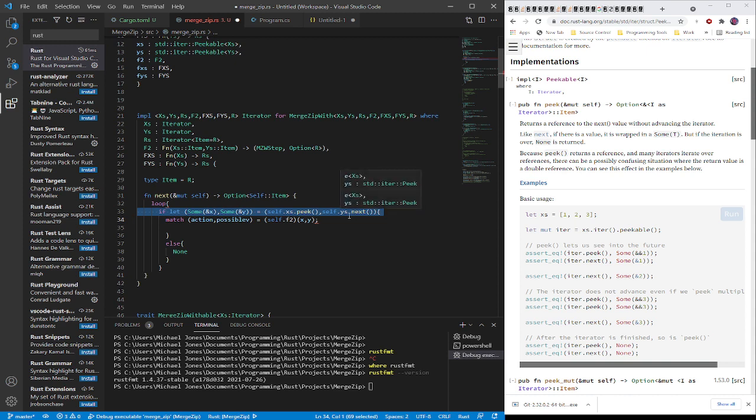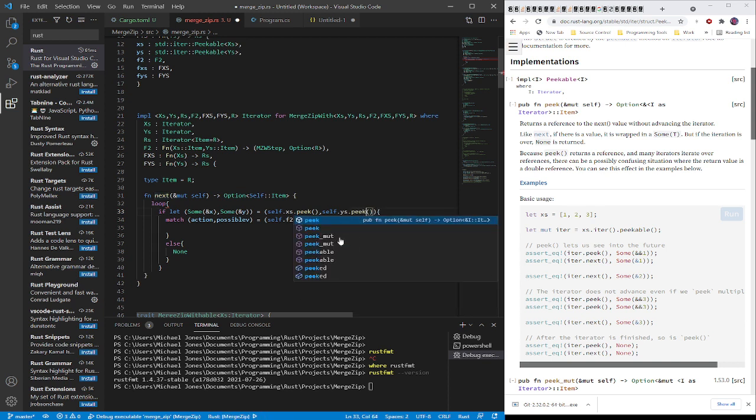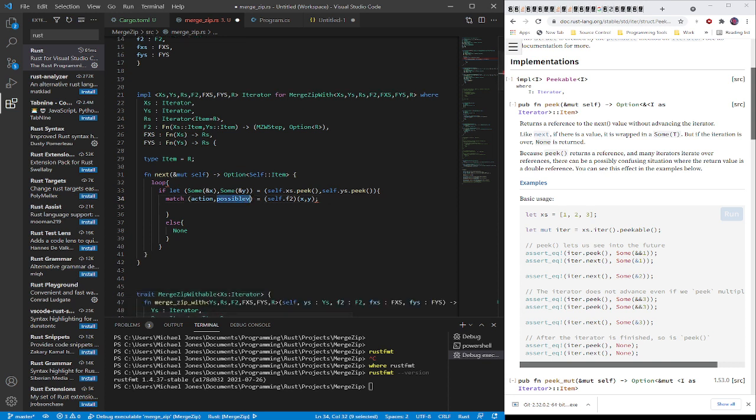If they are both available without consumption, then we can do something with both of them. So what we can do is I need to be able to output a value based on several different matches. So if we're going to do